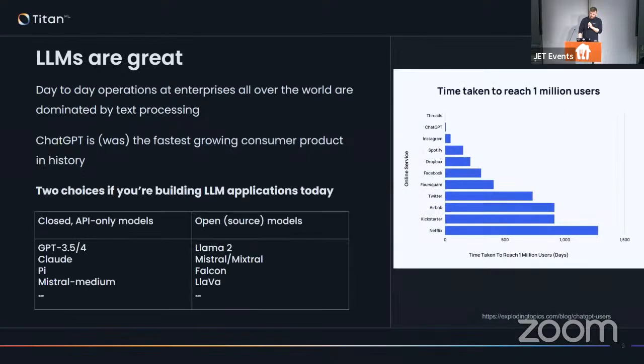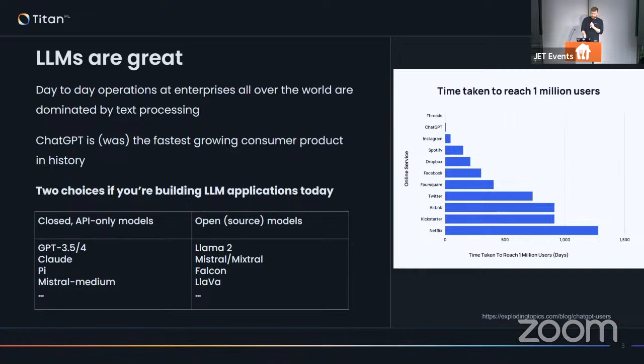And if you're choosing to do that today, you might think there's one choice. I mean, OpenAI, GPT-4, ChatGPT is the thing everybody's heard of, but there's actually many different choices you can make. There are two different ways that these things are delivered. There's this closed, API-only business model that OpenAI espouses for safety reasons. And there are other companies that have done the same thing, Claude, Mistral, Pi, where you interact with an LLM via an API online, and they handle everything for you and charge you for every bit of text you get